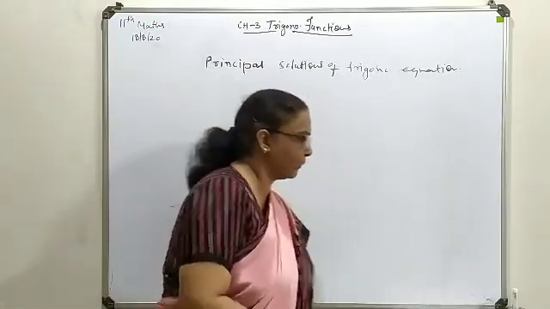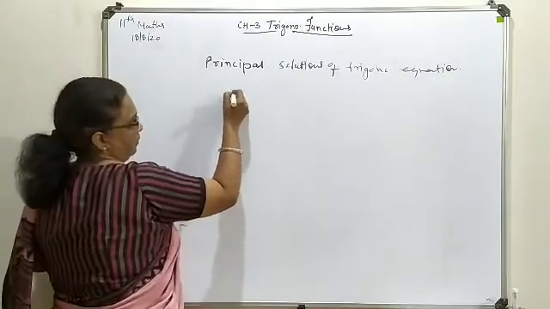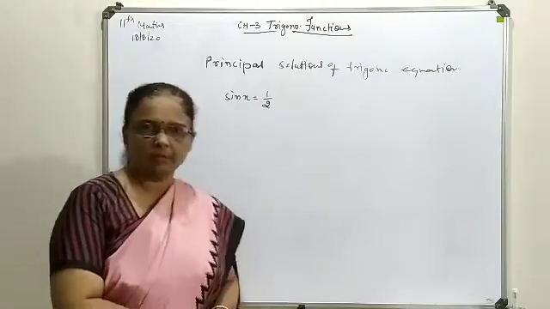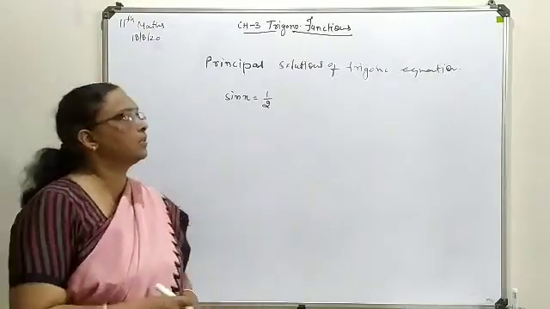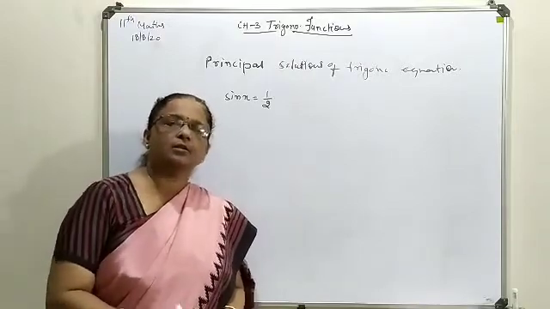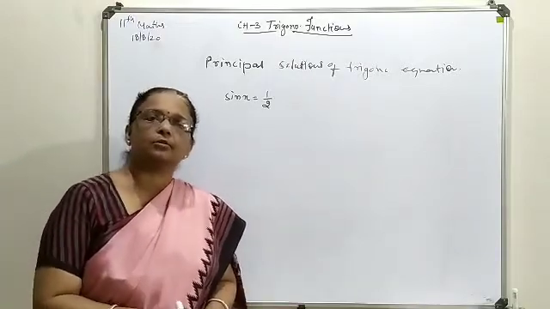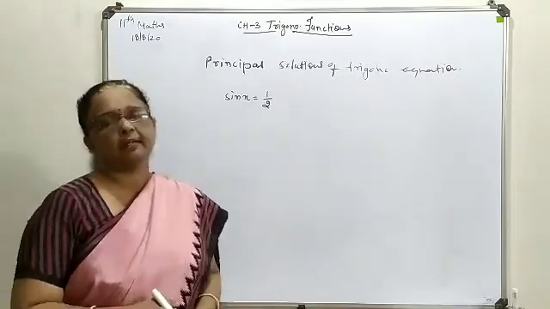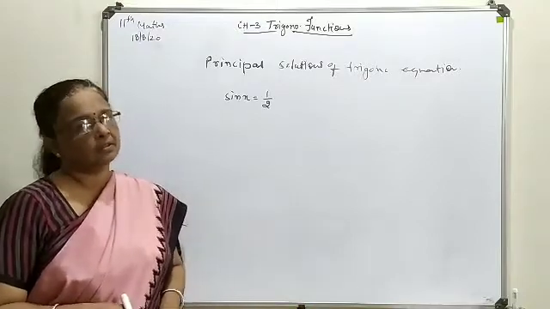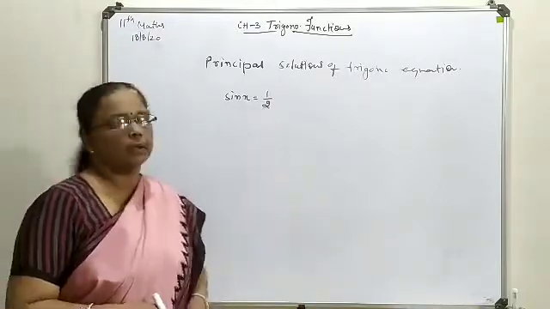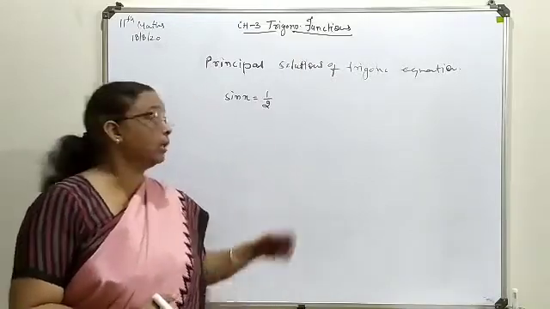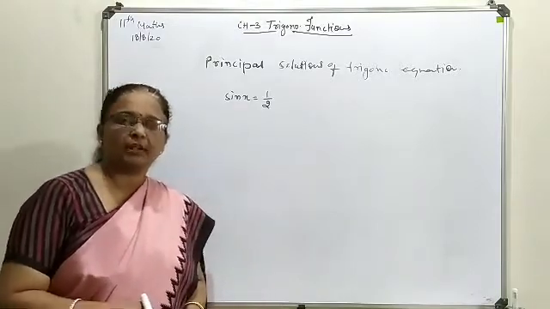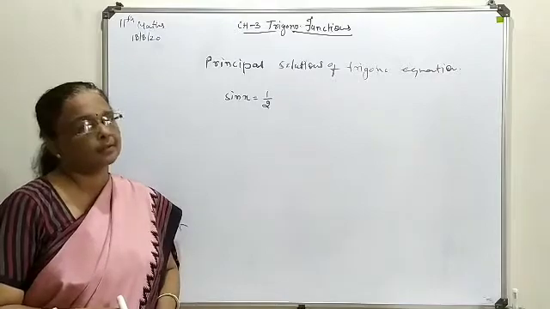Just for example, we take sin x as 1 by 2, sine with the positive solution. Now while writing the principal solution, you will think about the angle solution from 0 to 360 or 0 to 2 pi. So what are the possible solutions regarding this term? We will write in terms of radian with plus solution. So here sine is given with the plus quantity. First of all we will think about what angle it may be for this fractional value, 1 by 2. That means it is your 30 degree, pi by 6.